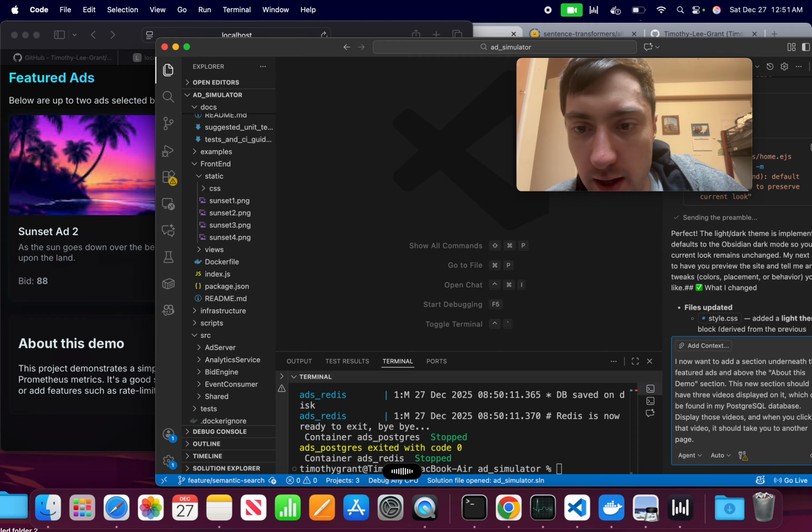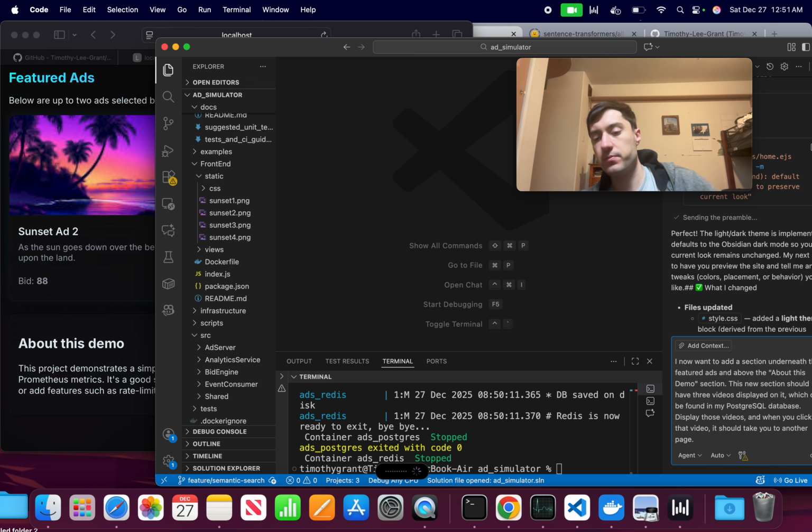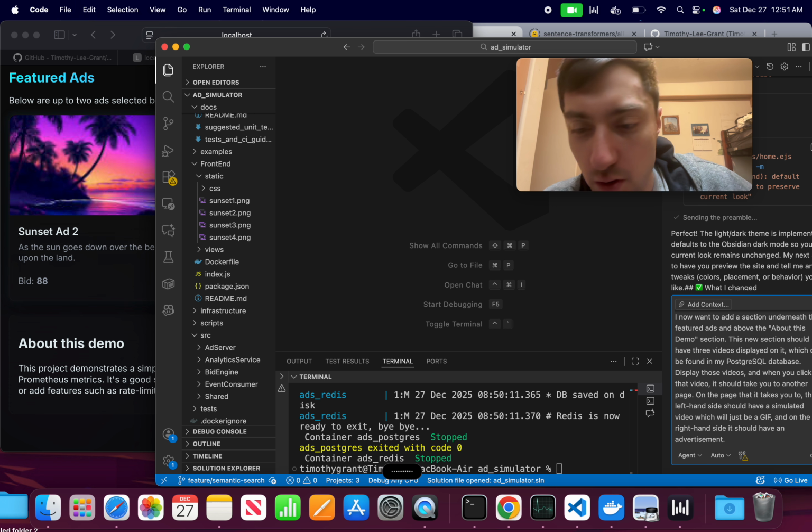On the page that it takes you, the left-hand side should have a simulated video, which will just be a GIF, and on the right-hand side, it should have an advertisement. When fetching the advertisement, it should reach my bid engine and hit the endpoint, which is